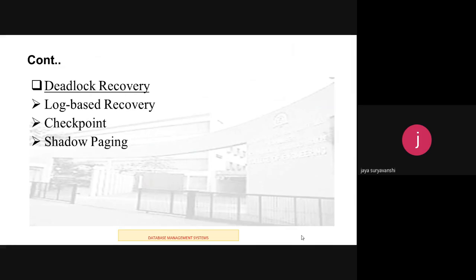In recovery, we can use different methods, that is log-based recovery, checkpoint recovery, or shadow paging. Failure is a routine situation for a system, and there are various causes of failure, like transaction failure. It may occur mainly because of two reasons. One is the logical error, and the other is the system error. In the logical error, there are internal conditions like invalid input, data not found, overflow of resources, or limit exceeded, because of which the system fails and is unable to continue its execution.